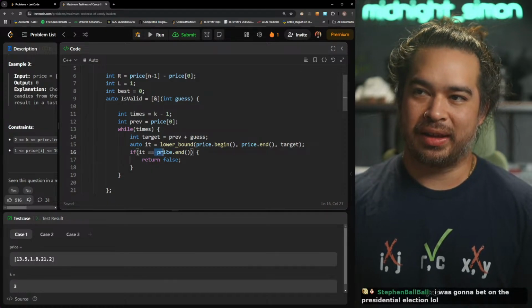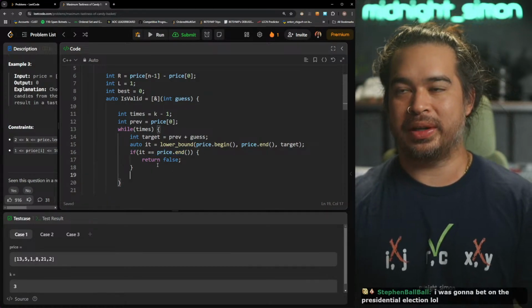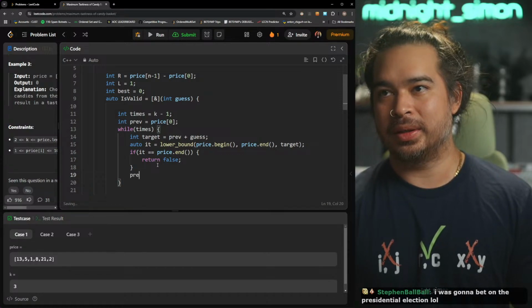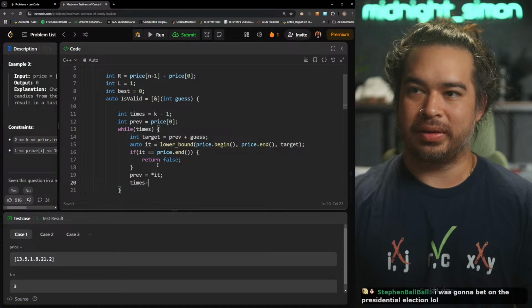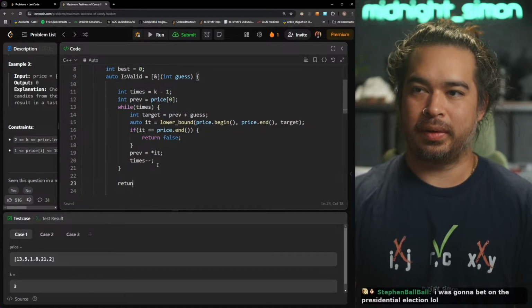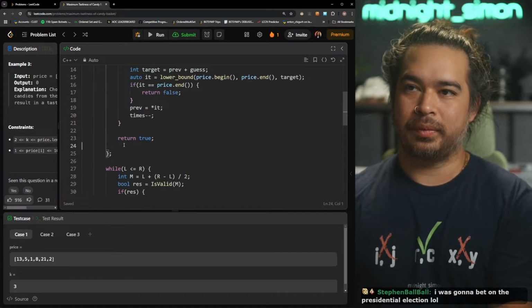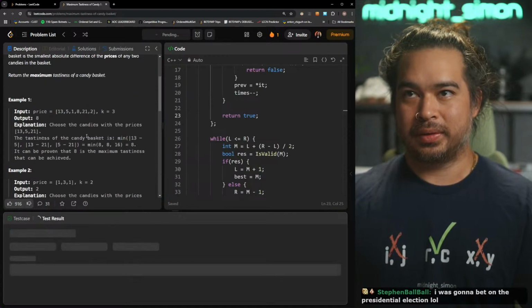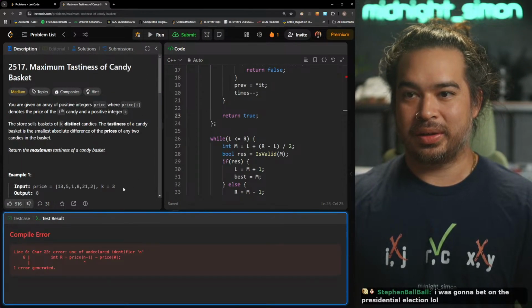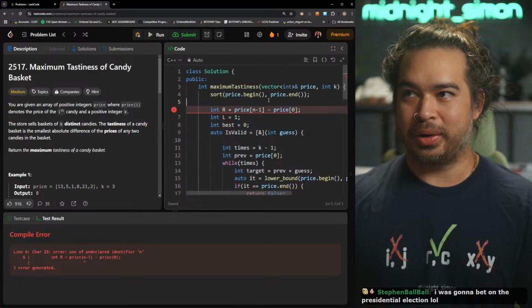But if it's not at the end, that means we found something, and then we can decrement that. All right, that's my idea for this problem. I think it should work, but I could be wrong.